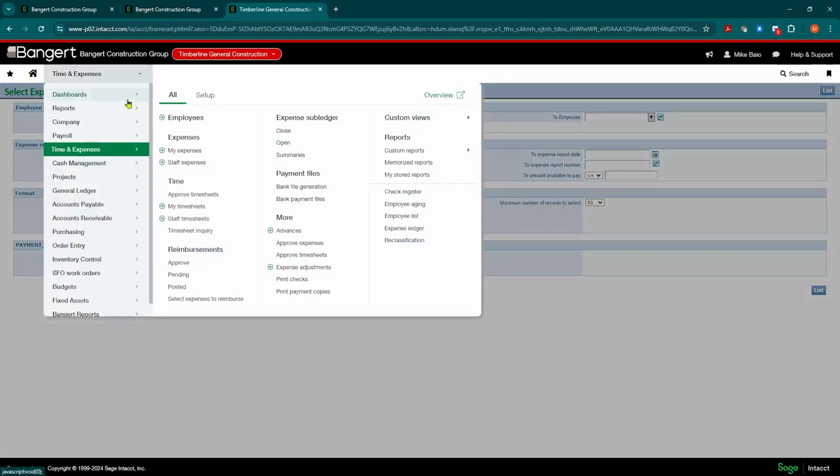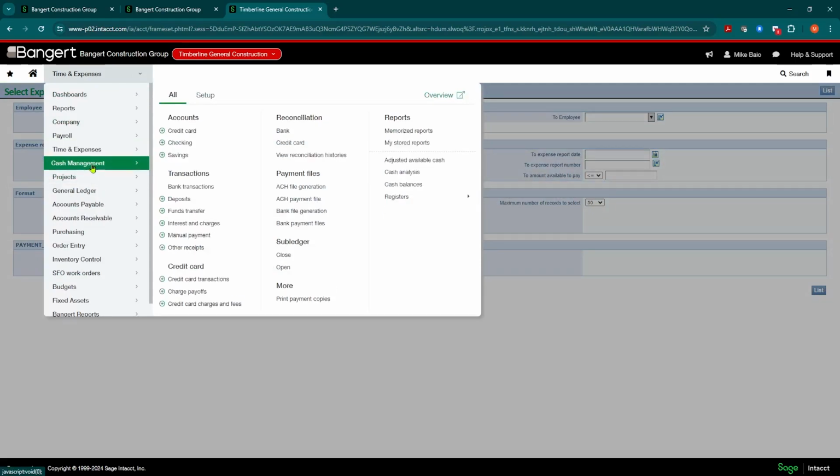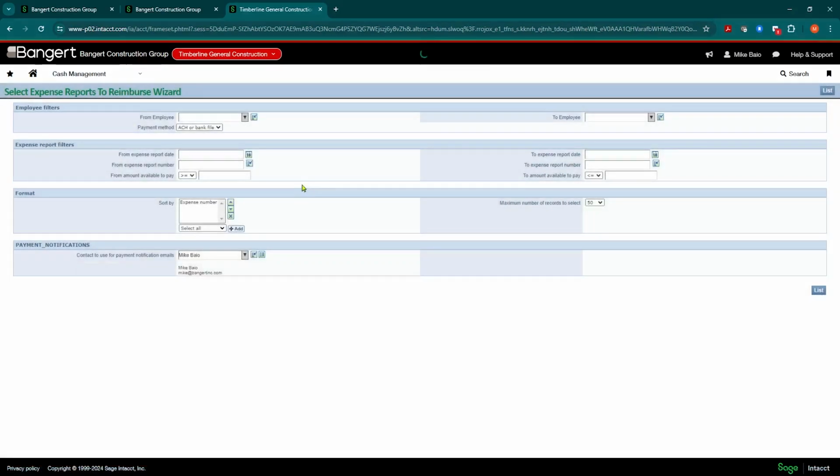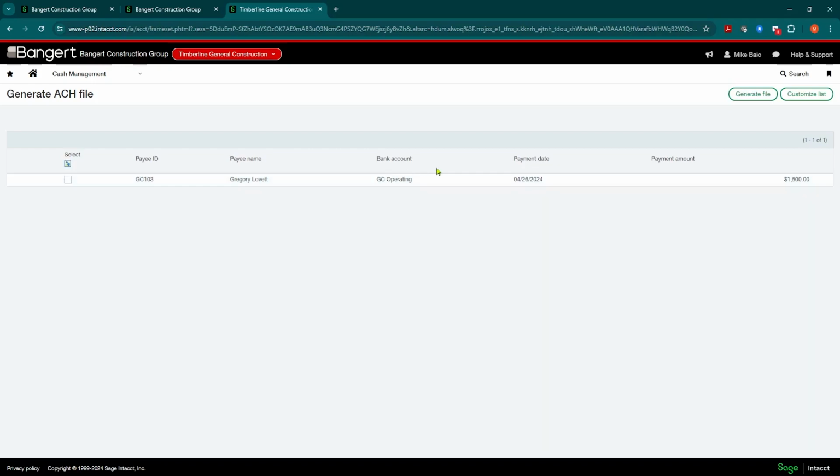From that point, again, it's the normal process for an ACH file. You're going to go over to Cash Management, ACH file generation, and there it is. So now, again, it's like your normal workflow. I can select that check. You're more than welcome to put in multiple employees if you want to test it with multiple employees.